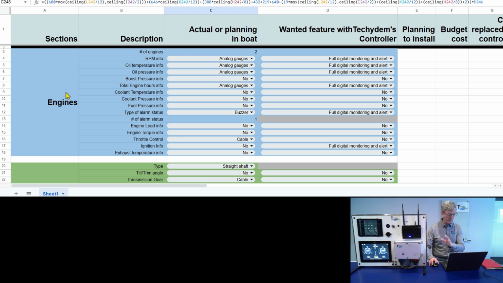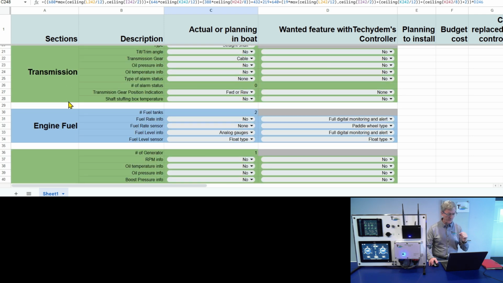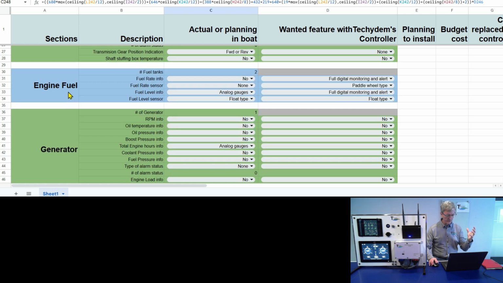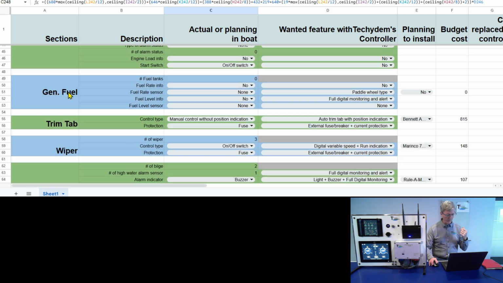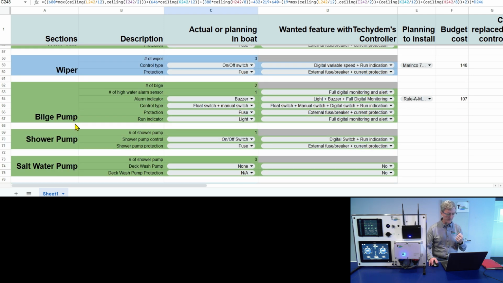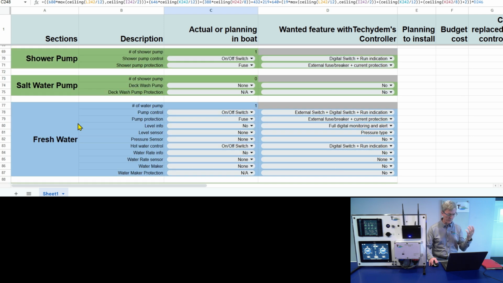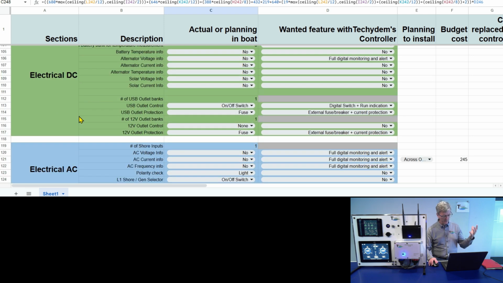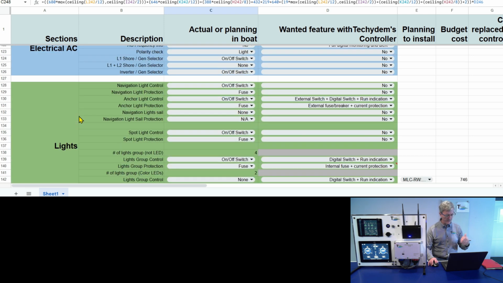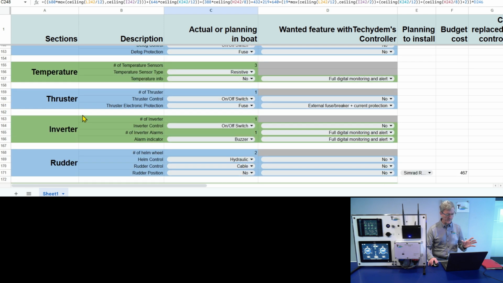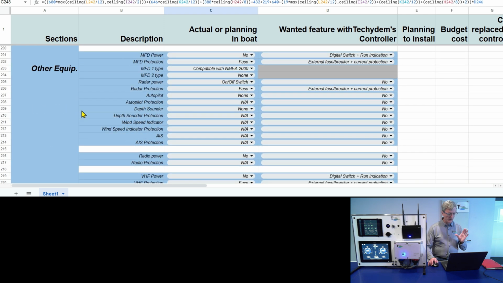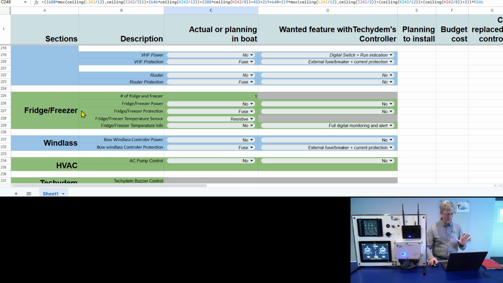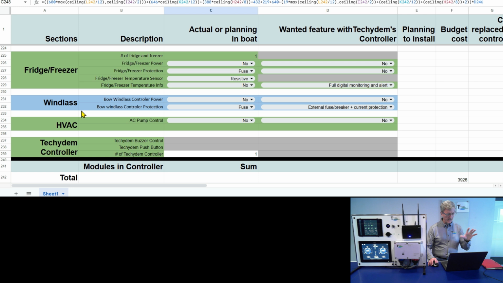For example, if we look on the left side, there's a section for the engine, the transmission, the engine fuel, generator if you have one, the fuel for the generator, the trim tab, the wiper, bilge pump, shower pump, salt water pump, fresh water, black water, gray water, and then the electrical DC, the electrical AC, the light, the fan, temperature, inverter, then a section for other equipment and freezer, windlass.